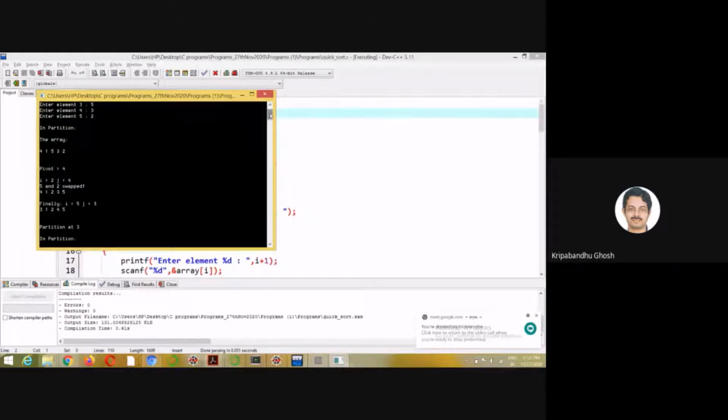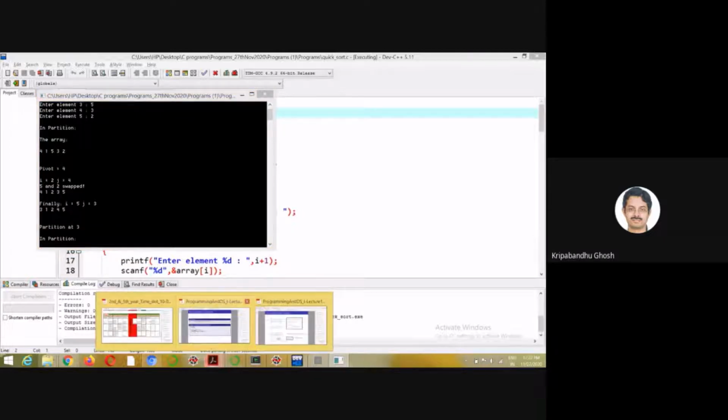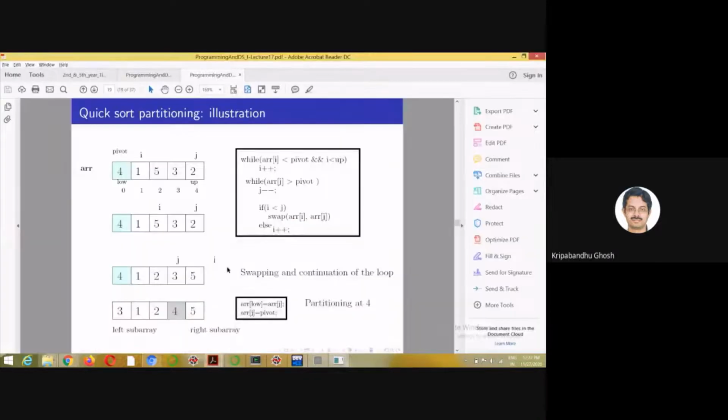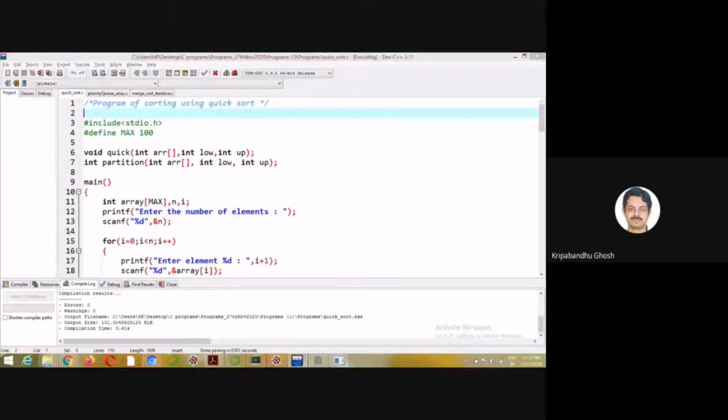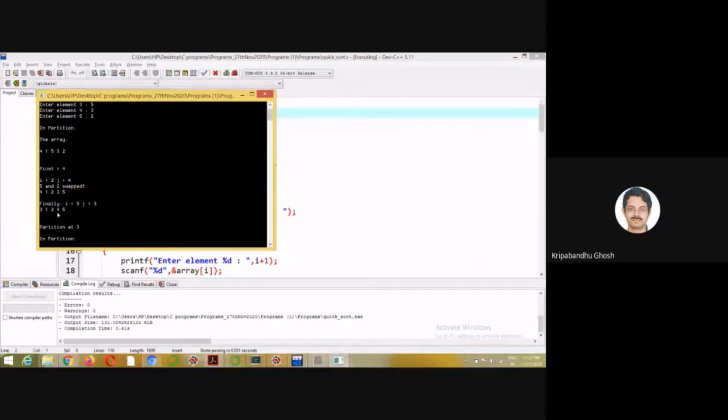After this we have 3 1 2 4 5, and finally 4 is in the right position.